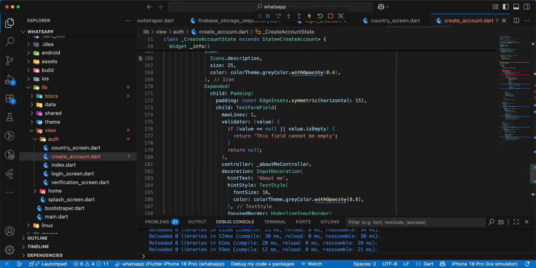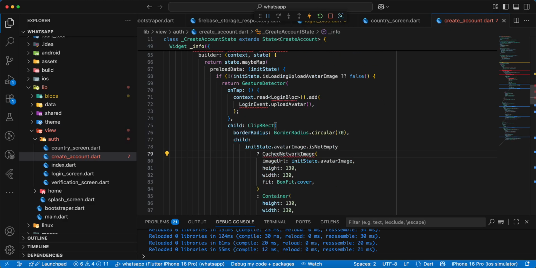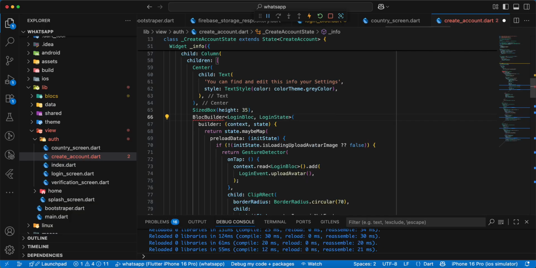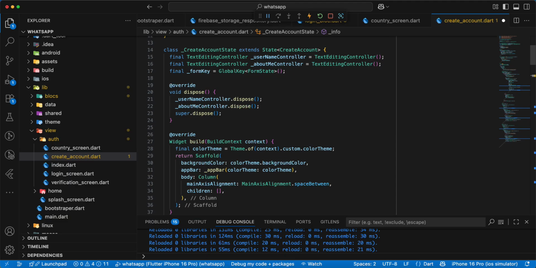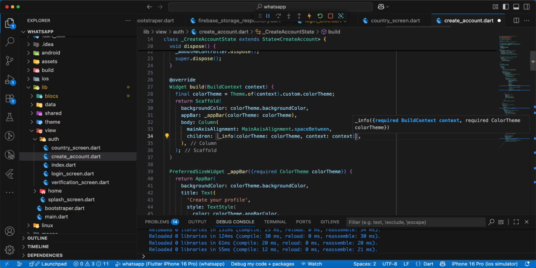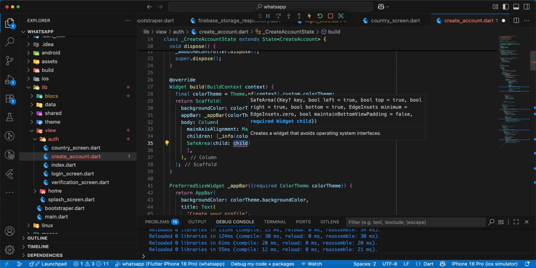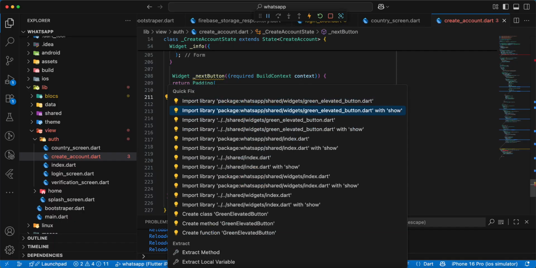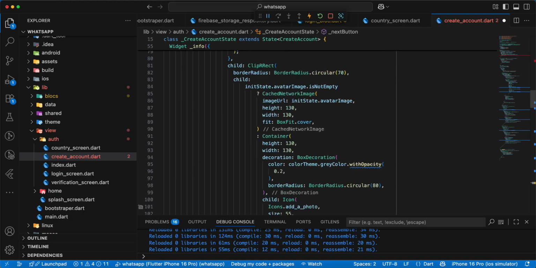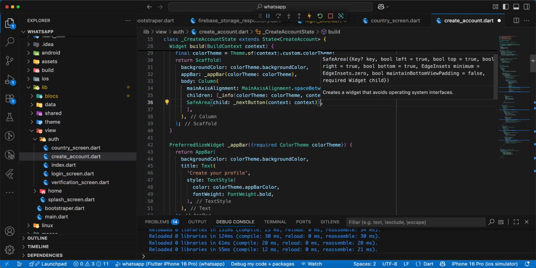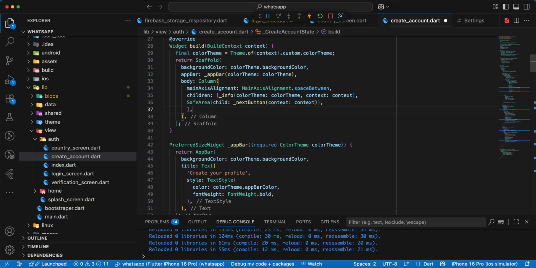and we add widget info, add import, add color theme, add context, then you write safe area, and we add next button, add import, write context, save,